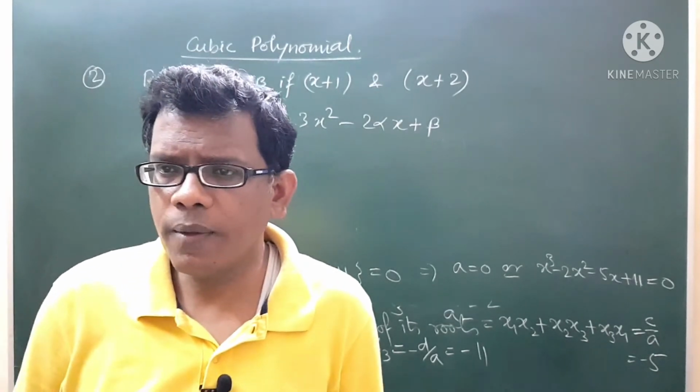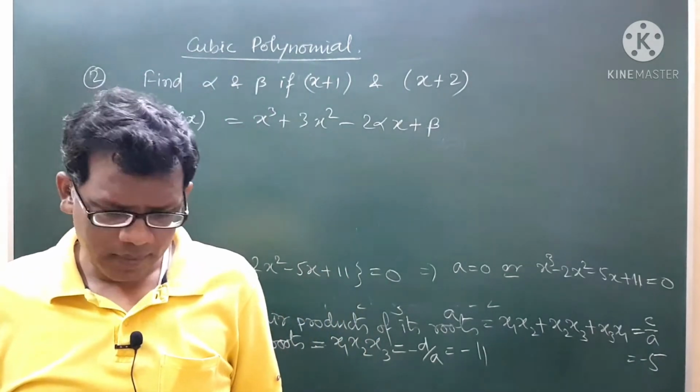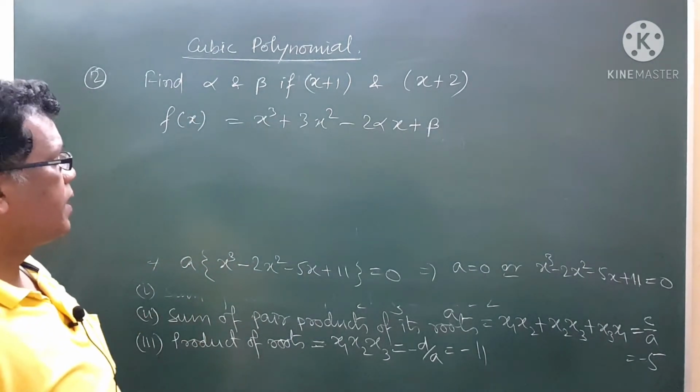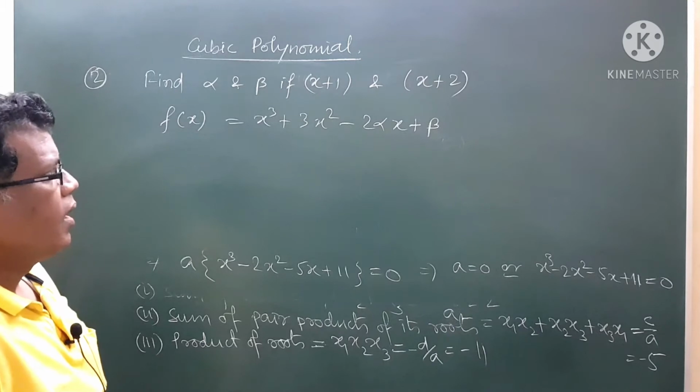This is the question. Given this, find alpha and beta if x plus 1 and x plus 2 are factors